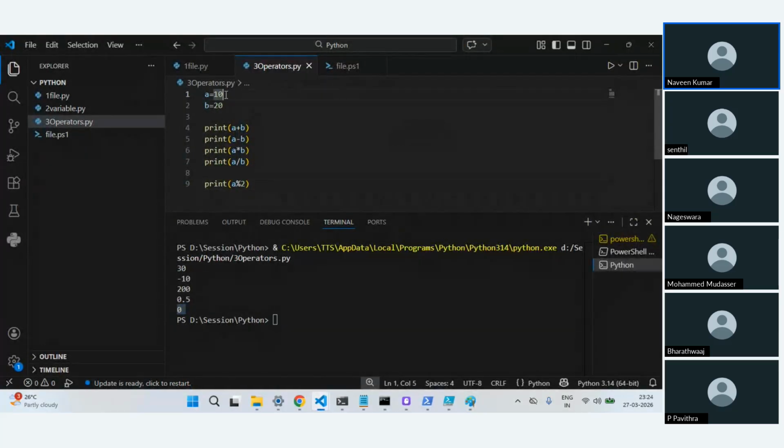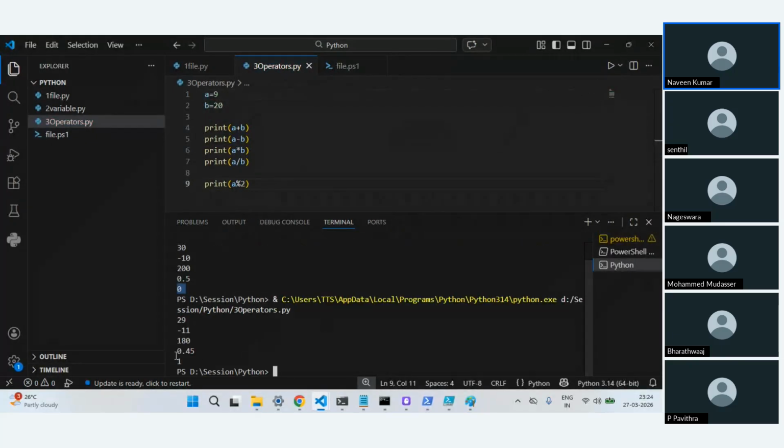So in this case, if I change this value to 9, this time you will see 1. Okay. So that is what you see here, right? So for example, let's say you are writing a program to find odd or even numbers, right? So you can just use this modulo of 2. If it is returning 1, then it is an odd number. If it is 0, then it's an even number. That is just a simple logic, okay? Again, there are a lot of other use cases, but just to give you a simple logic, I'm telling you this, okay? Then this is the modulo.